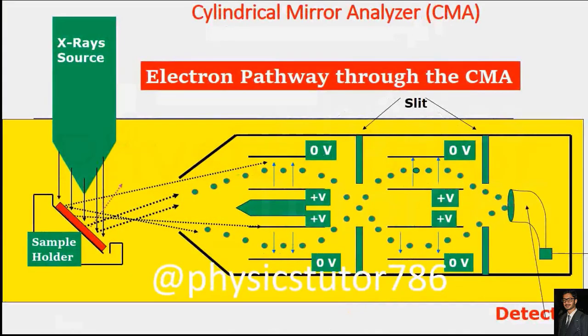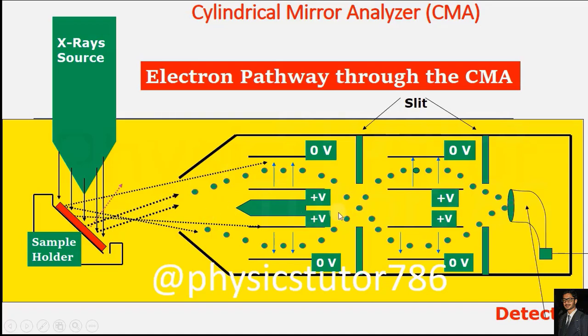Now we will see this whole concept in the diagram. Here you can see the X-ray source which is incident on the sample holder. This is the place where the sample is placed, so X-rays are incident on it. When X-rays are incident on it, you can see the electron pathway. Electrons are emitted, and these electrons, in the form of green color, create a complete path, and